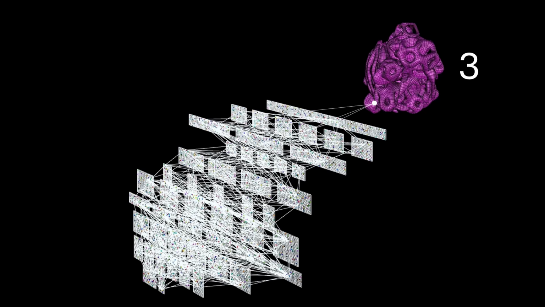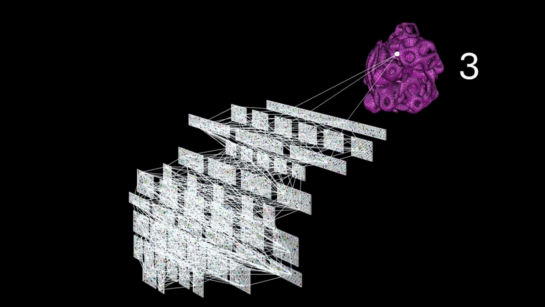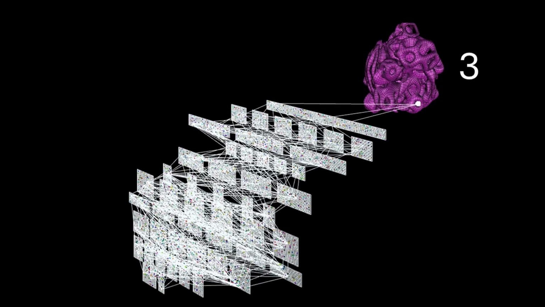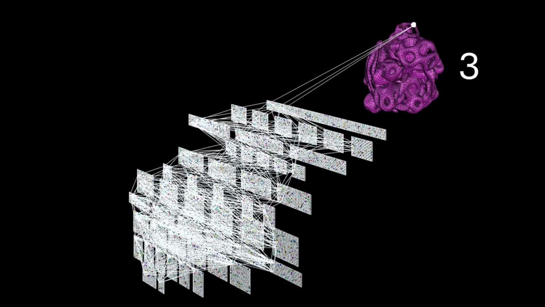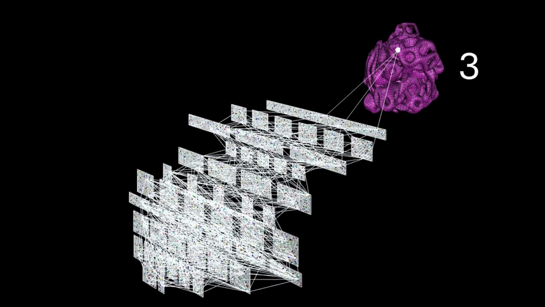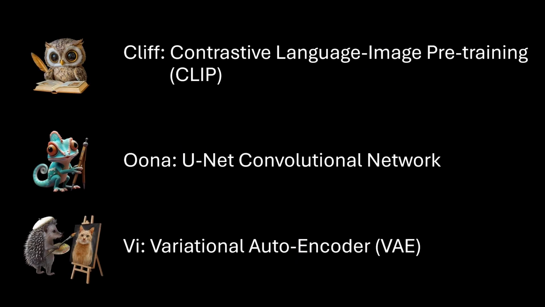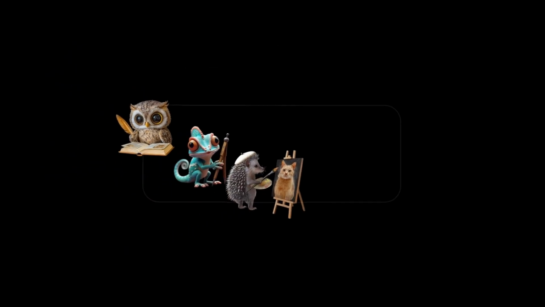Finally, the actual 4,000-dimensional manifold does not physically exist anywhere. Its description is captured in the weights of the neural networks we've been studying, and we can use these neural networks to sample points from the manifold whenever we like. But we will never see the whole manifold. It exists only as a latent space. The neural networks giving rise to the manifold are our friends Cliff, Una, and Vi. Together they form the heart of the diffusion model.